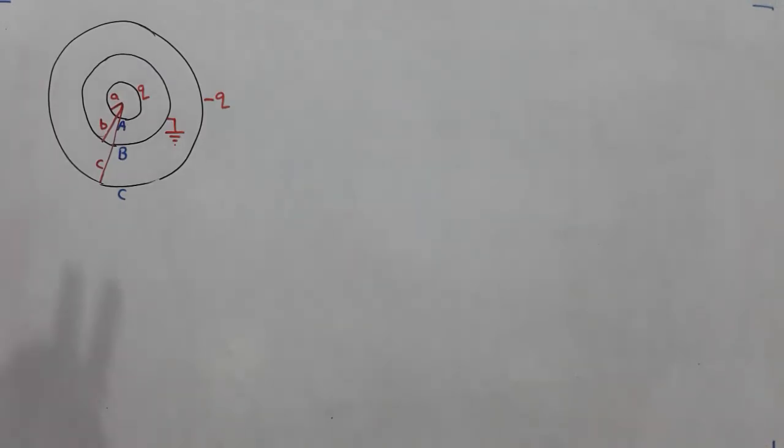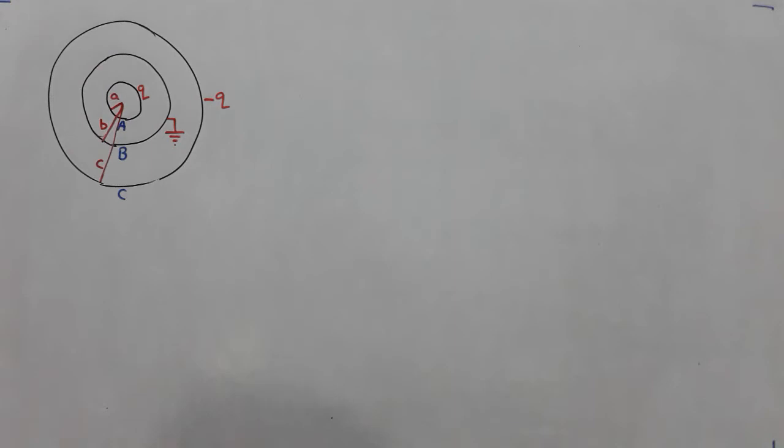Okay, see the next question. This question I have taken from H.C. Verma. It is in fact a solved example there, but I wanted to discuss the concepts involved in this particular question. The question says, figure shows three concentric thin spherical cells, and we will assume them to be conducting. It should have been given there.